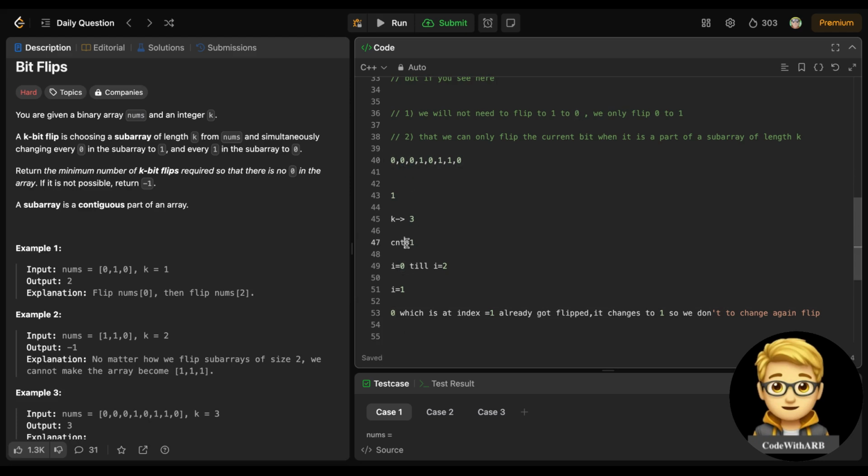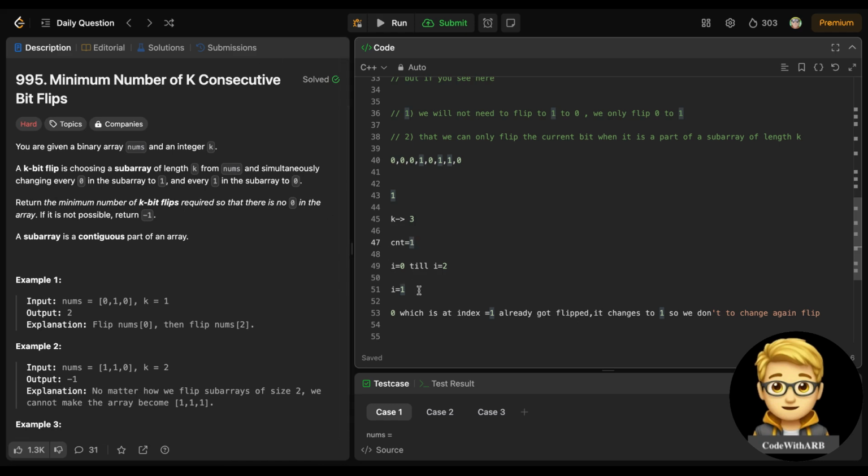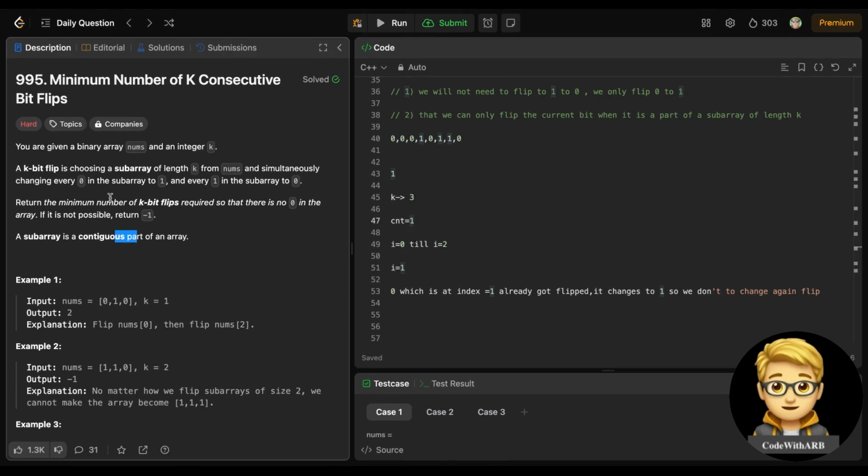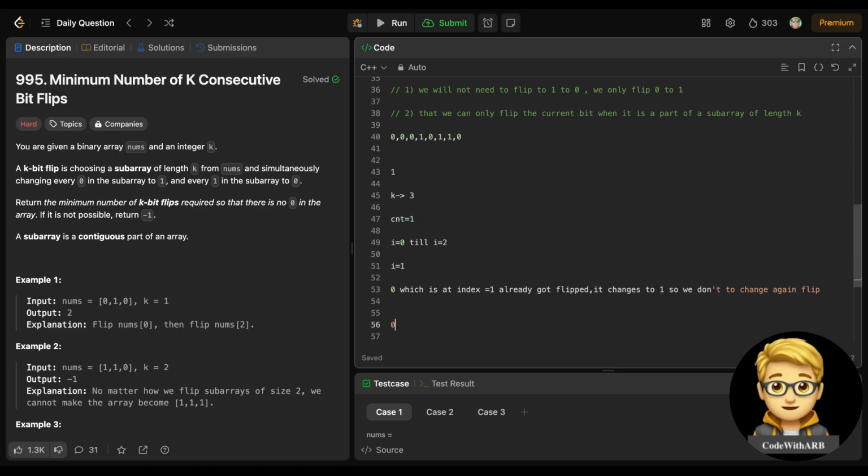So basically what I'm trying to achieve is that we have a fixed window, which is k. This k is fixed. It means we have a fixed window of length k. So basically if I fix this length from 0 to 0, it means I have already counted 1. So basically, if we have 0 as the current bit, and